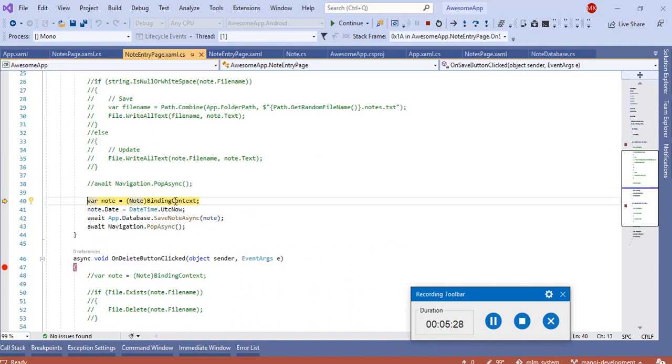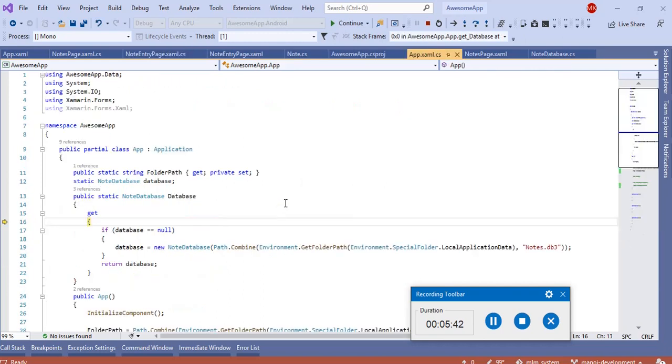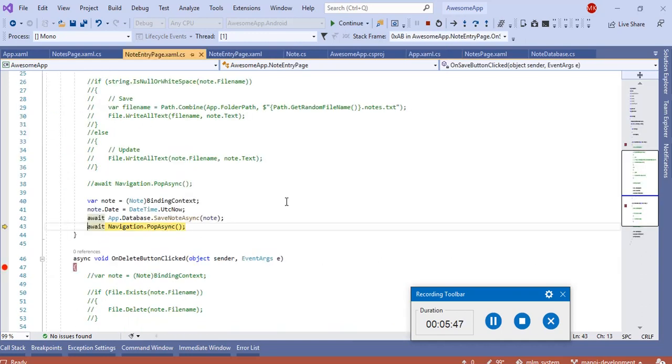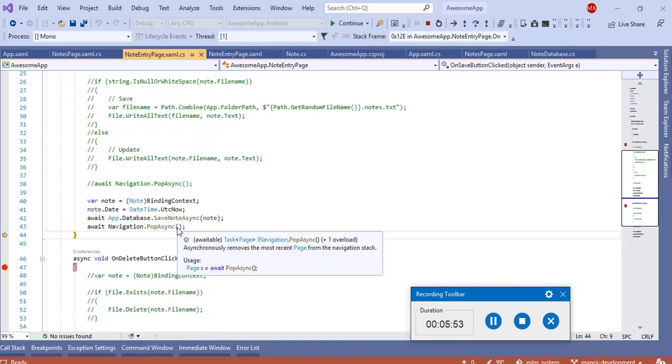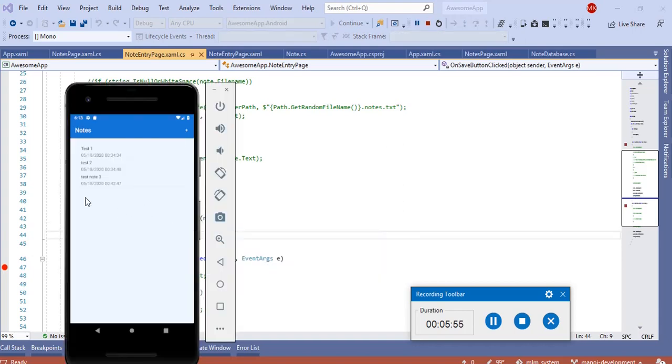That will create the binding context here, and you can see today's date. Here I'm calling the save note method of the app database. This will initialize the database, and also this will save. After saving, you can see that the data is saved and the third note is in the list.